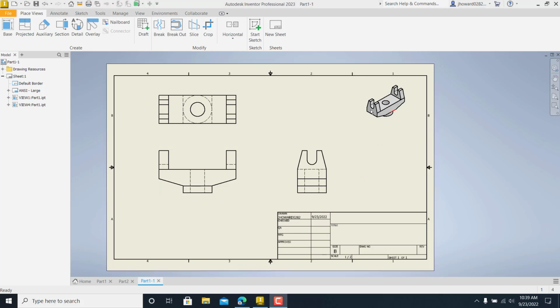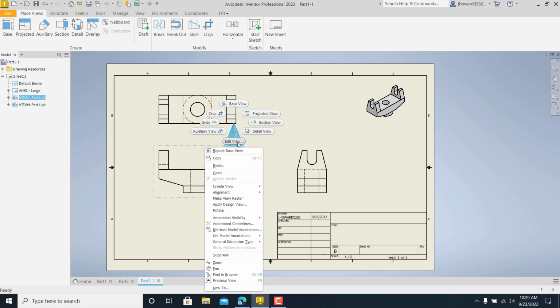So after you get those put in, top, front, and right side orthographic views, and then you got your little isometric view over here in the corner that's solid, it's perfect. If you ever want to go back and edit these, you can click on it. You'll have like a little perforated edge around that. You just have to right click